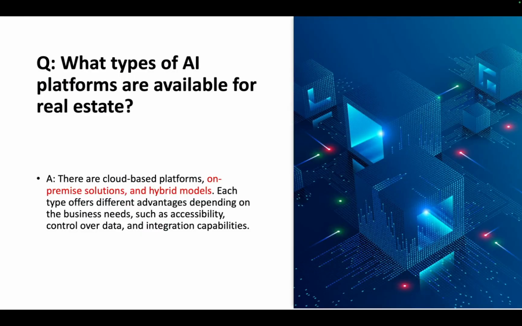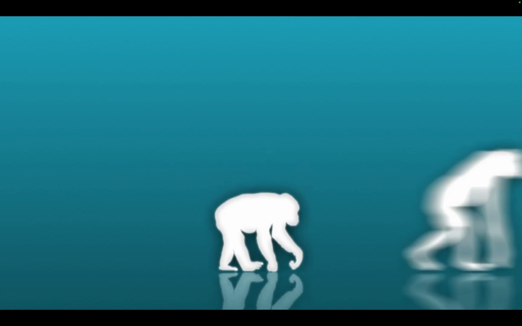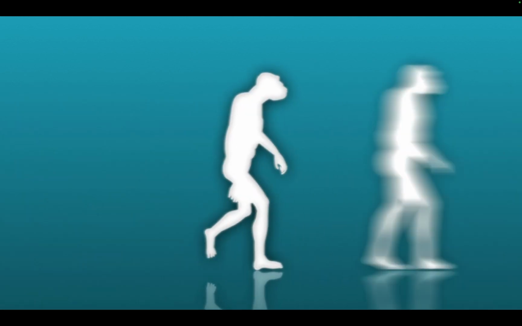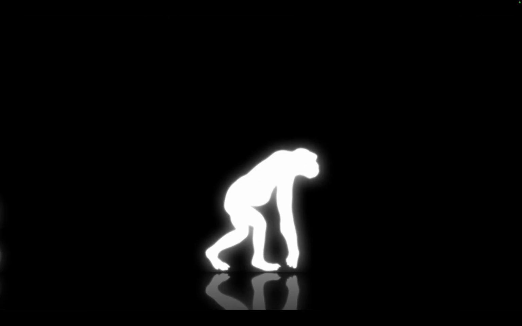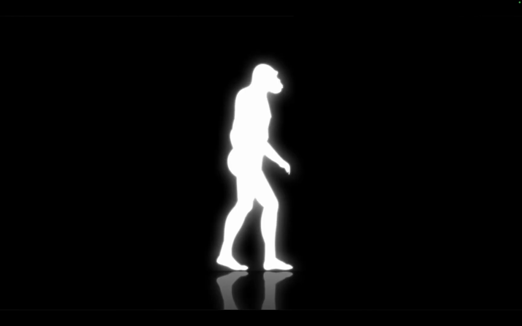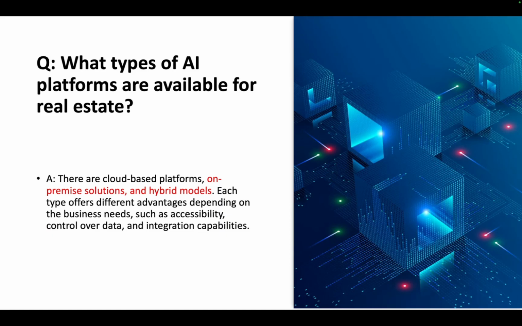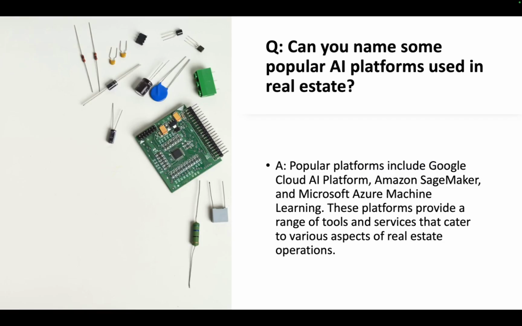Now, what type of AI platforms are available? There are many types of AI platforms, but we can create a couple of categories just for the purposes of this question. You have some that you can install within your estate or within your property or data center. Then you have others that are within a cloud. Then you can also have a hybrid where it's partially on-prem and partially in the cloud. Generally, most of the AI tools you're likely to install will be cloud-based and will just provide you with a portal for you to connect in and use for your purposes.